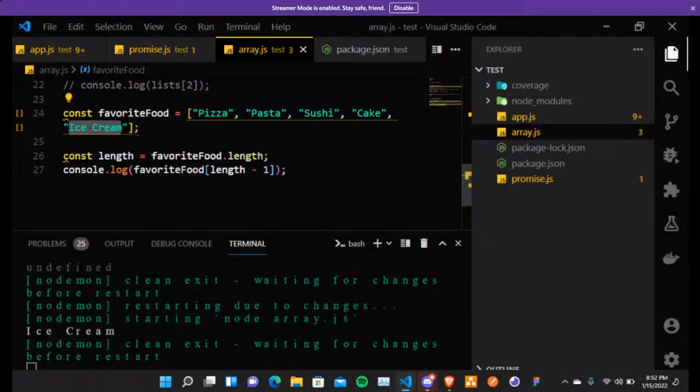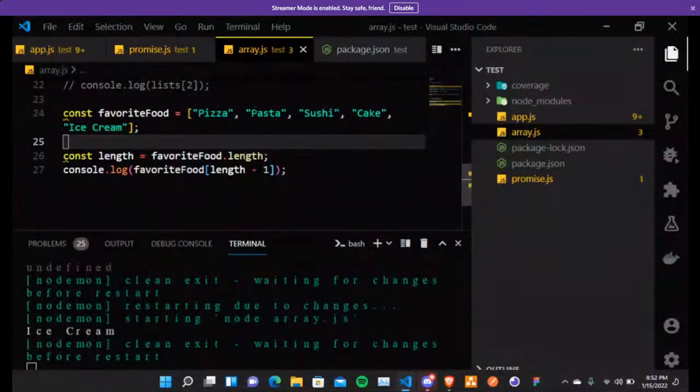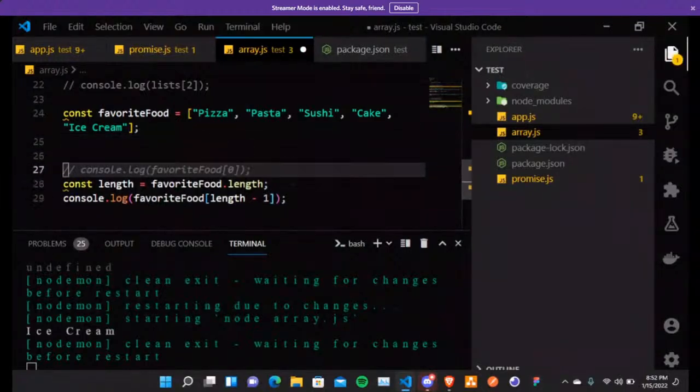So the index is actually the fourth. We have pizza, pasta, sushi, cake, and ice cream. Now we just did length minus one, and then we got the ice cream. So this way we can